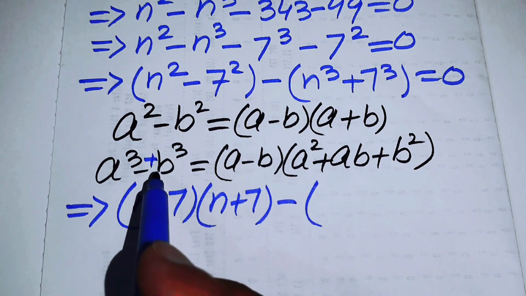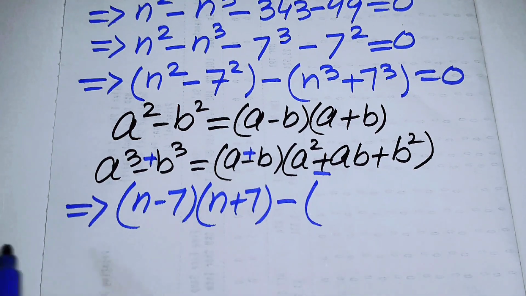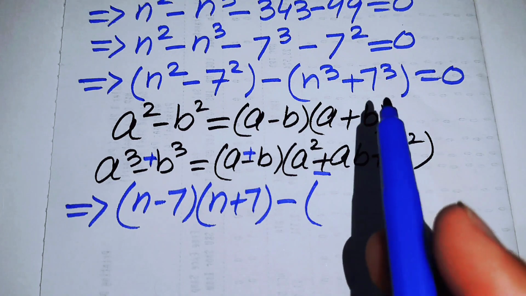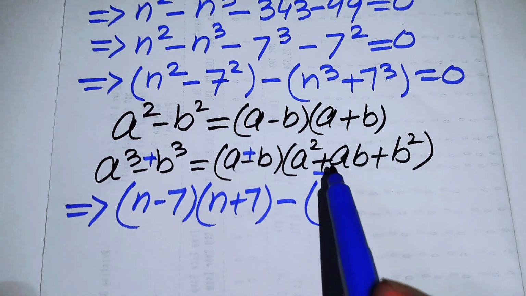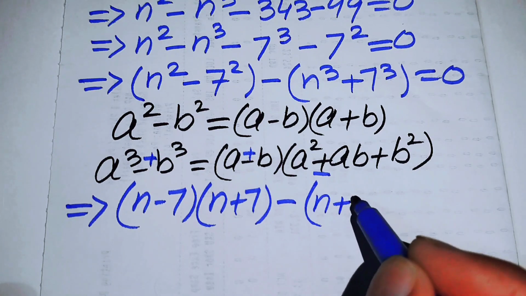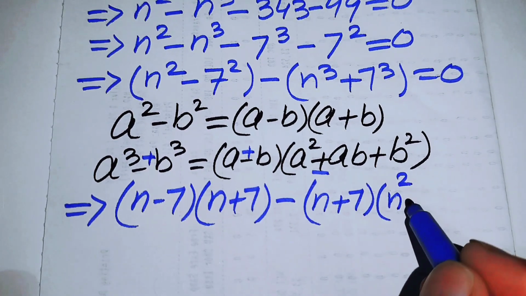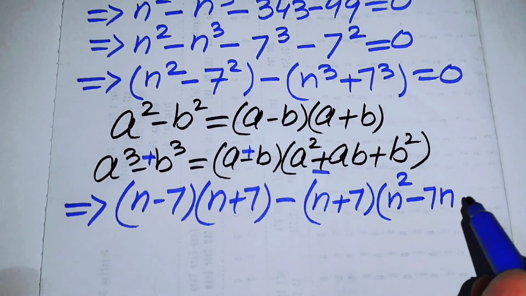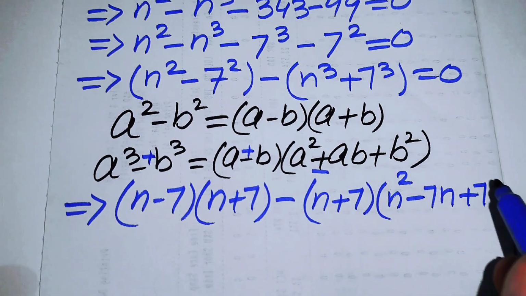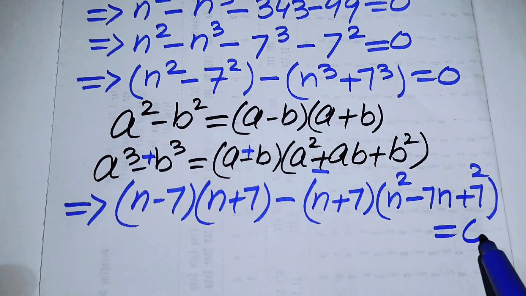This is the positive and negative combined formula, and here we need the positive form of this cubic formula. It becomes n plus 7 times n squared minus 7n plus 7 squared, and this whole equation is